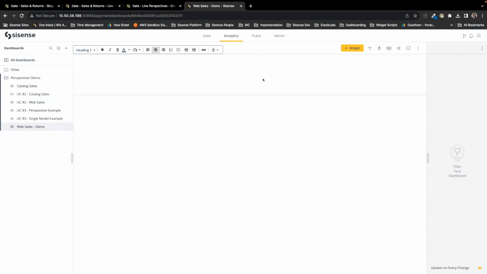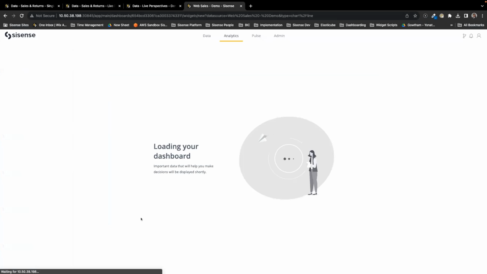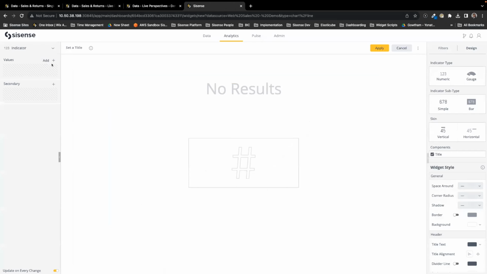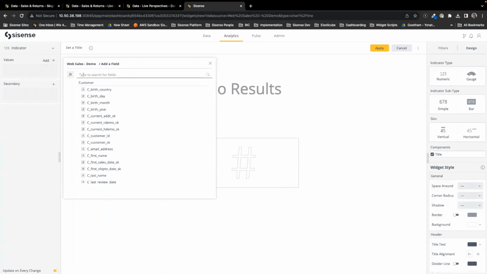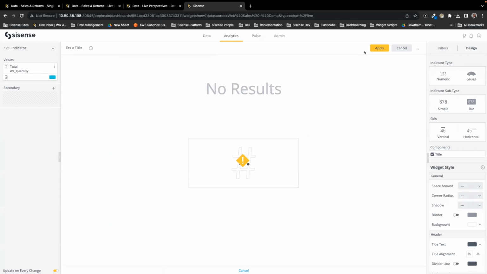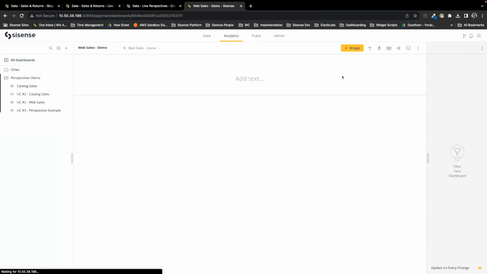And let's say I am a web sales or a web user group user, right? So if I want to create a dashboard, and if I want to just type in quantity, right now, I'll only see 1 quantity for sales and 1 quantity for returns, right? And then if I just sum it, I'll just get,